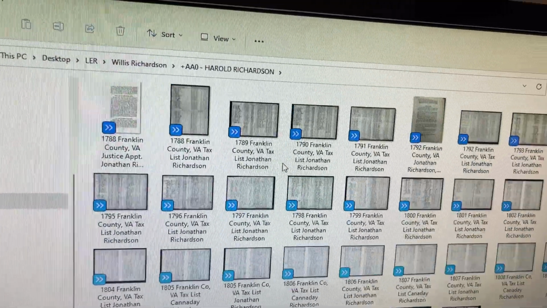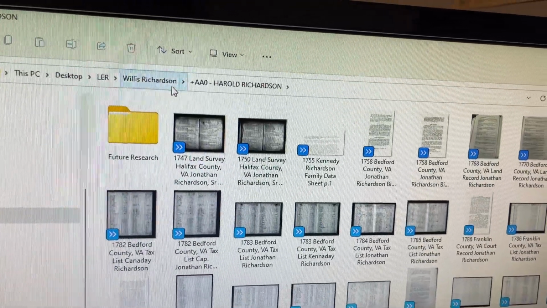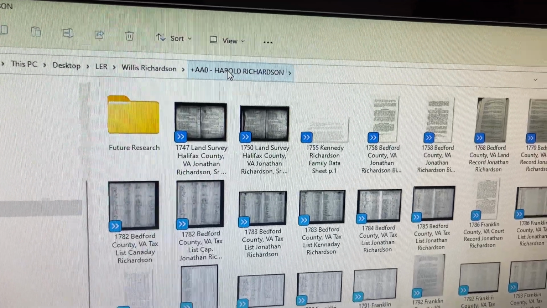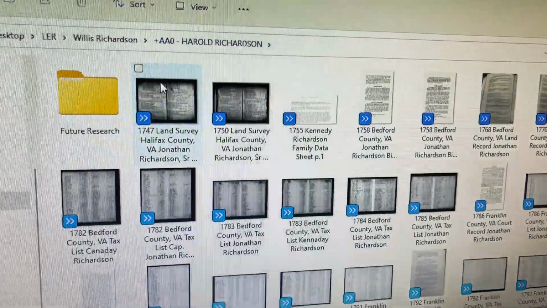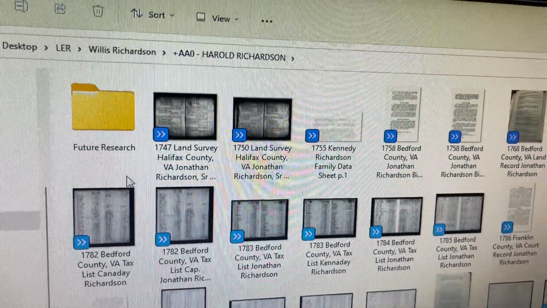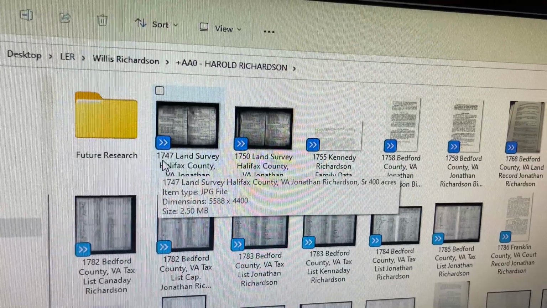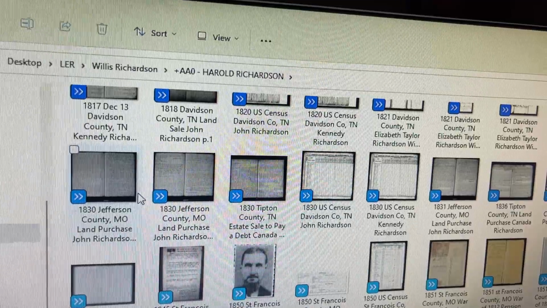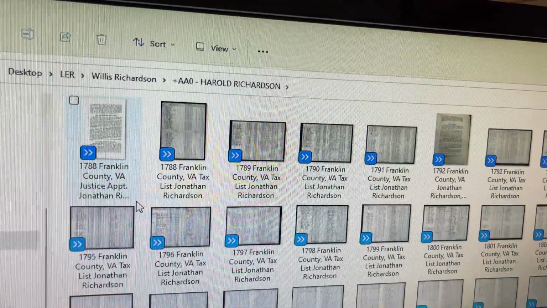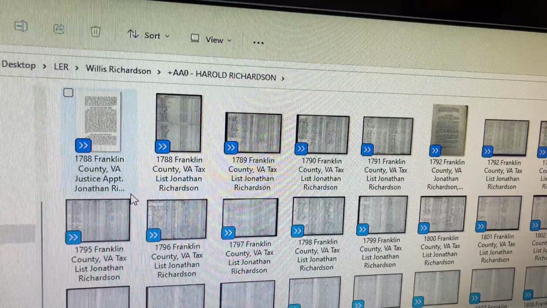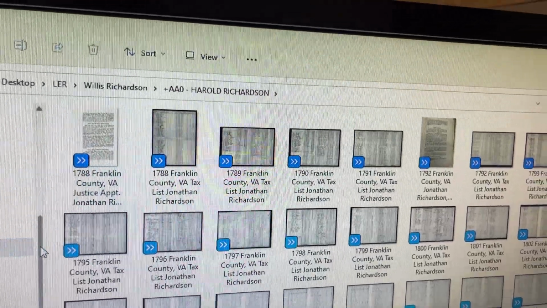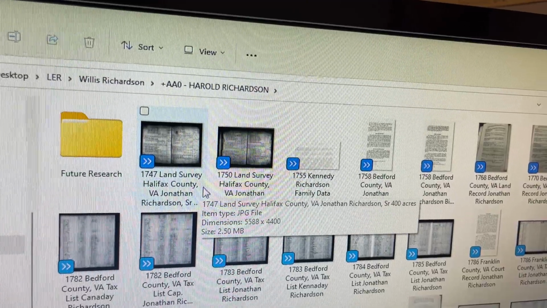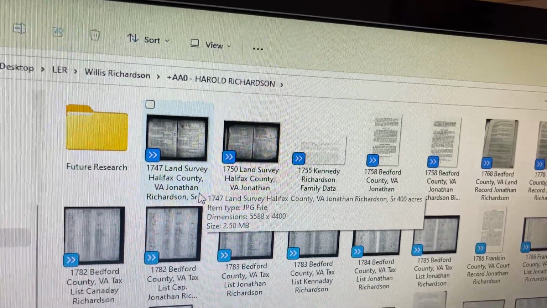So as you see, I went into my father, Willis Richardson, and then into my grandfather directory. So this would be all the Richardson files. And if you can see, the oldest file I have in this directory is 1747. Sometimes all of my research is not named exactly the same, but I try to keep it in the same naming convention, which this first one I probably need to put land survey behind the county and state, but most generally